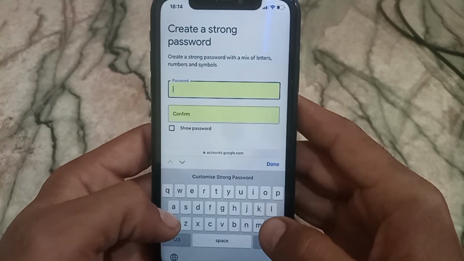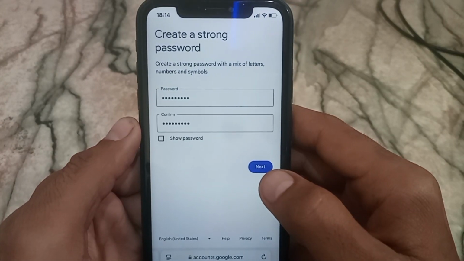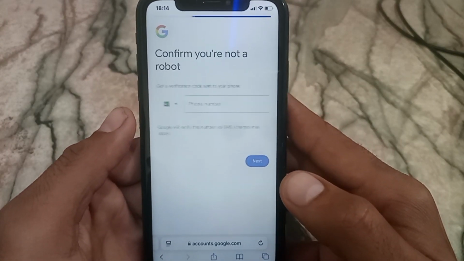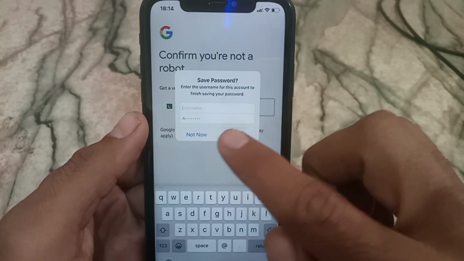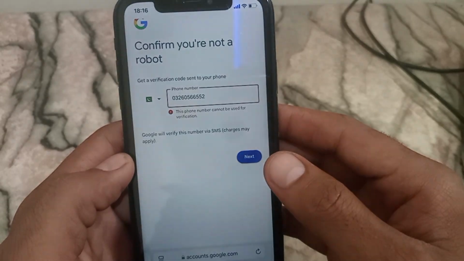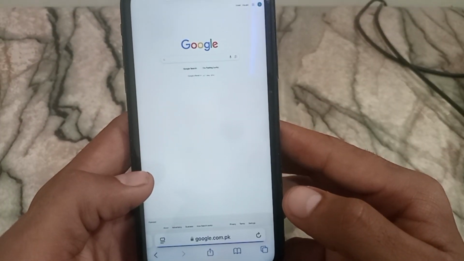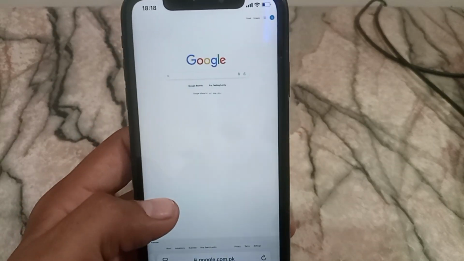Here guys, now enter your password. Now confirm password. Tap on next. Here, now enter your phone number for verification. So guys, after phone number verification, your email address has been created, and your Gmail account has been created